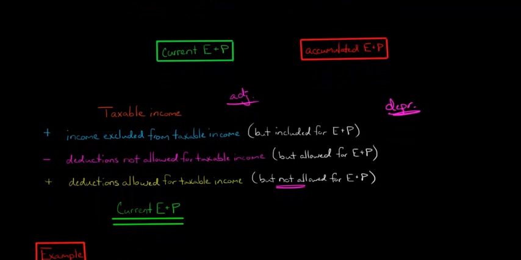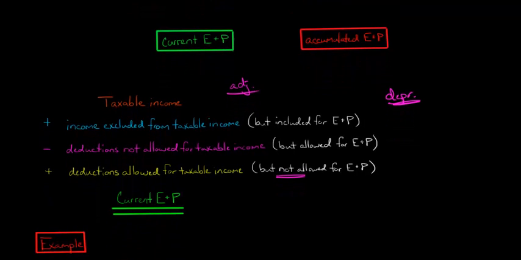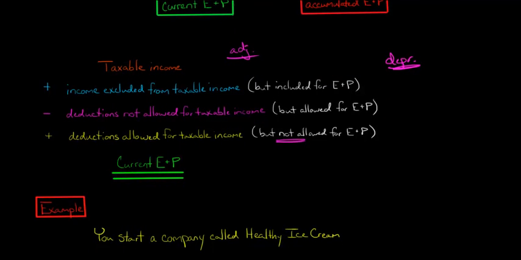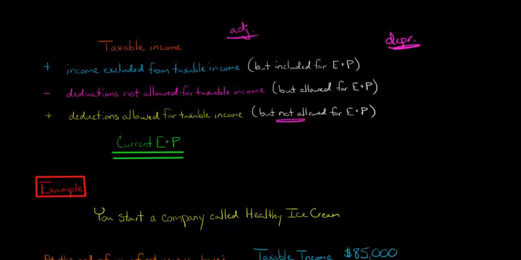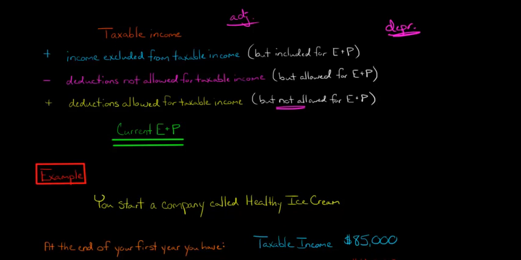I just want to give you an example, and then we'll talk about the accumulated E&P. Let's say that you start a company called Healthy Ice Cream. You incorporate Healthy Ice Cream, and wouldn't it be wonderful if we had actually healthy ice cream? You could be the person to do that. At the end of your first year of operation, you've done 12 months of business, and you look and say taxable